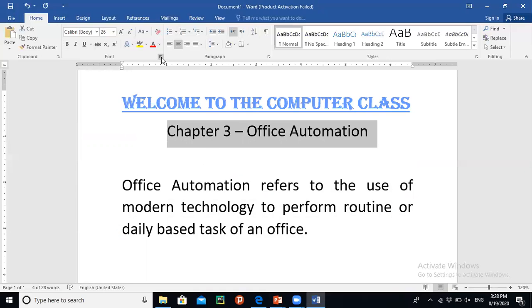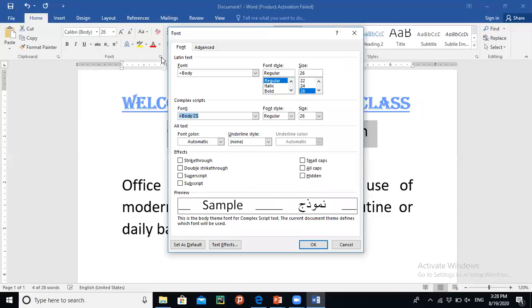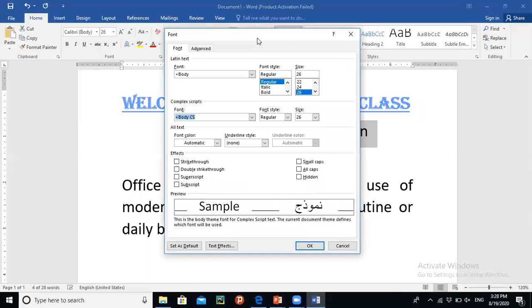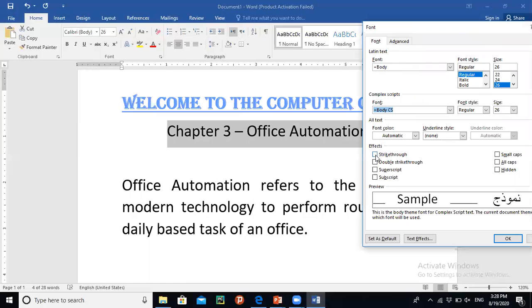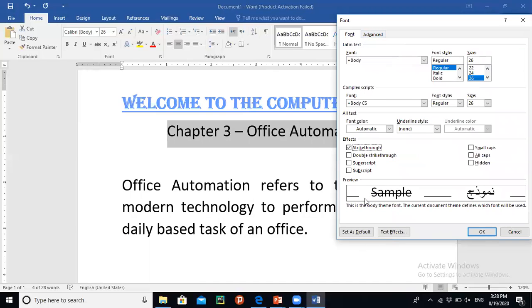Okay, now I'm going to apply some more settings on the next line. This is the arrowhead which we have discussed. Simply click on that. Here you can see the options that are available, like strike through. When we select this strike through, you will see the line will cut the text like this. Double strike like this. Superscript, subscript.